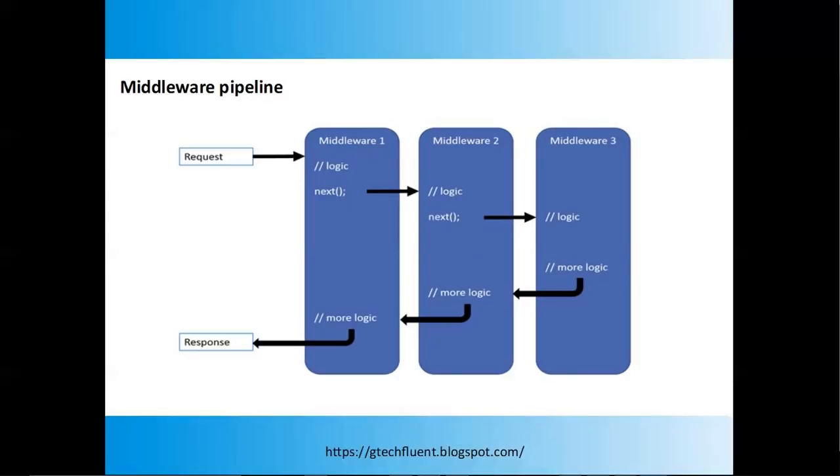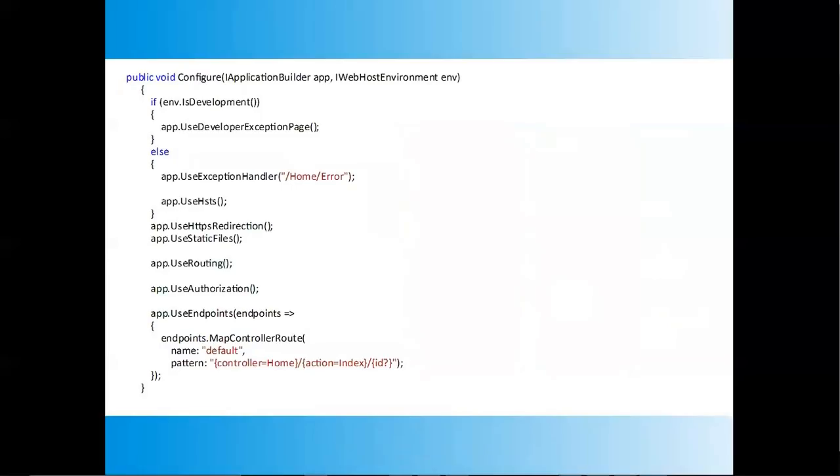You can now relate this with our static file example which we have discussed previously. Consider middleware 1 is a logging middleware, middleware 2 is a static file middleware, and middleware 3 is MVC middleware. If the request is made for a static file, then request processing goes till middleware 2, that is the static file middleware, and returns back from middleware 2 only, and it will not go to middleware 3. You can see an example of setting up the middleware pipeline in the default website template.